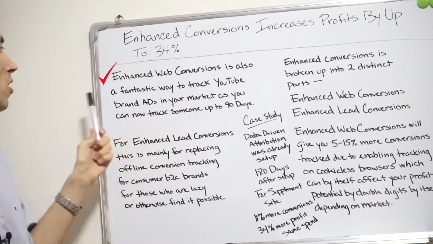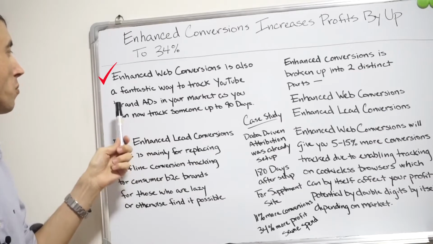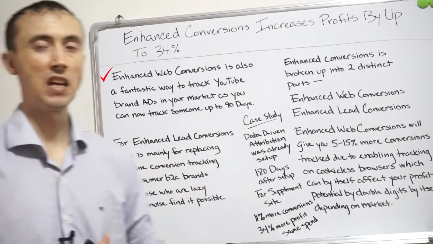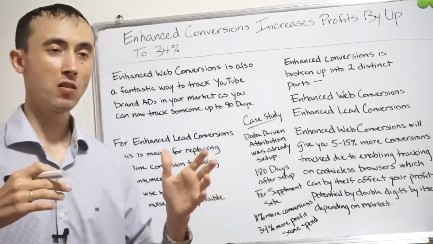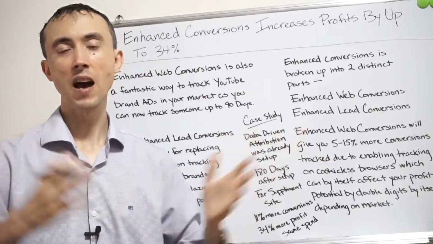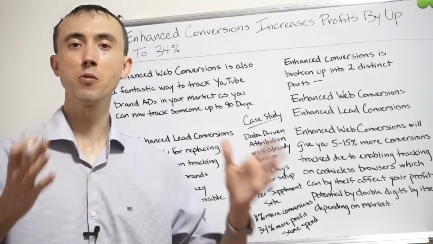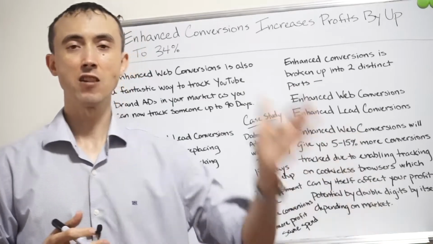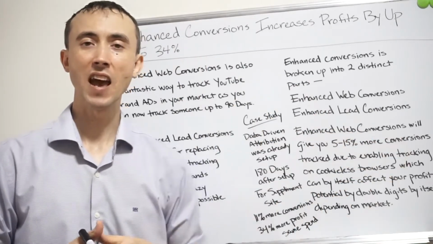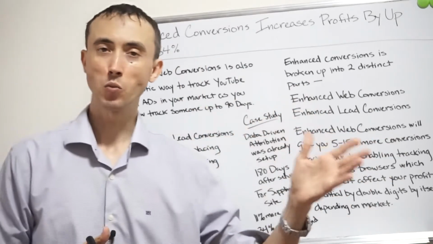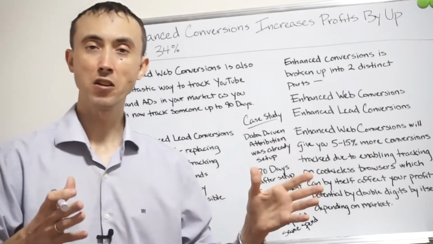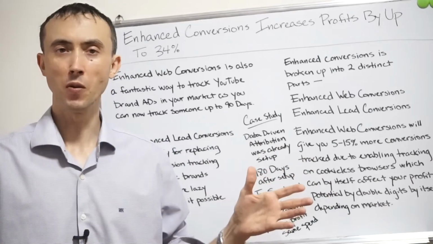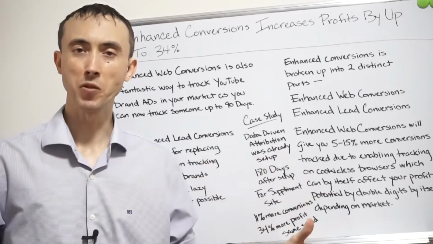Enhanced web conversions is also a fantastic way to track YouTube brand ads in your market, as you can now track someone up to 90 days. Google has had view-through conversions for 5+ years now, which let you see if somebody saw an ad and later purchased, even if they didn't click through that ad. You could track YouTube ads with this. If you have ads that are supposed to be seen by your market but aren't supposed to get them to purchase right away, you can use view-through conversions, but you can only track up to 30 days